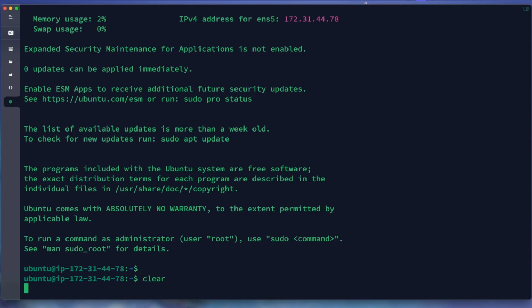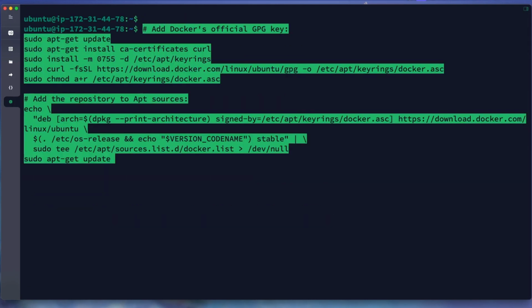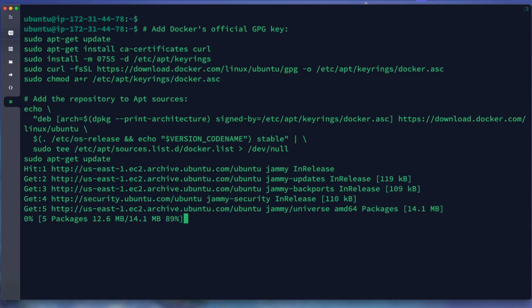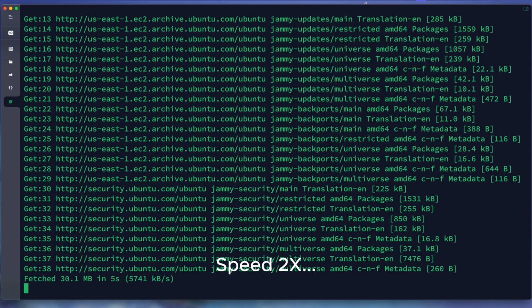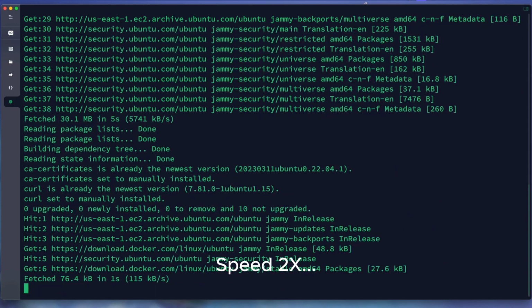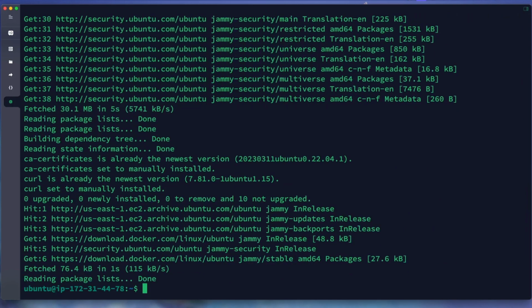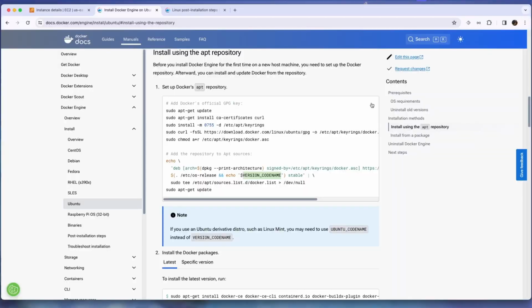I just clear the screen. Okay, we just add the repository, and the last one is we update our server. Okay, we have successfully added the Docker repository and also updated our Ubuntu server.